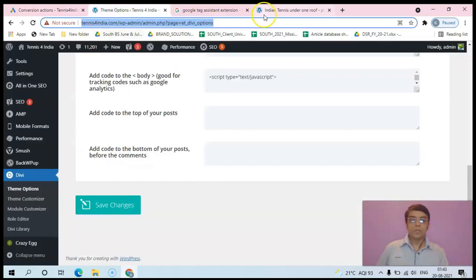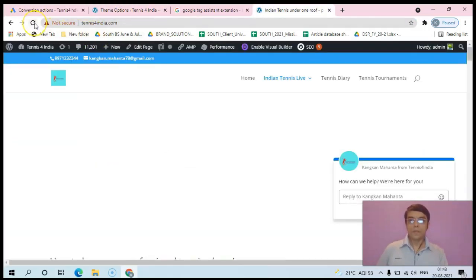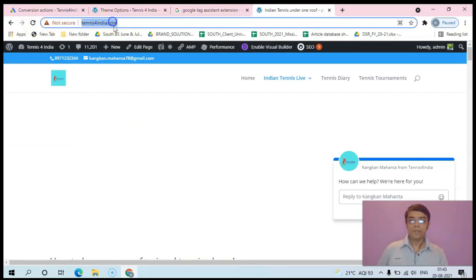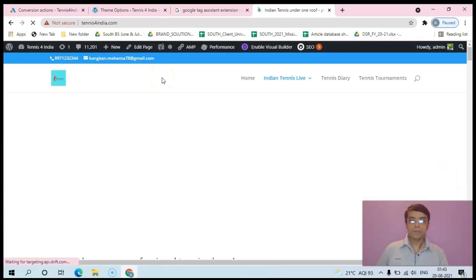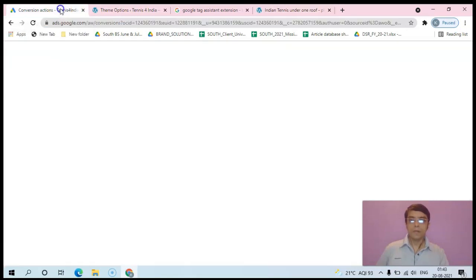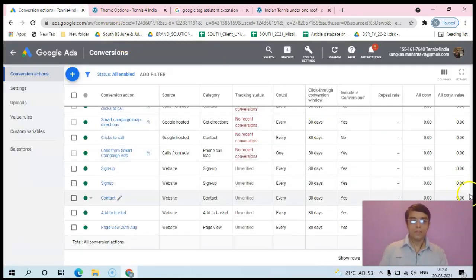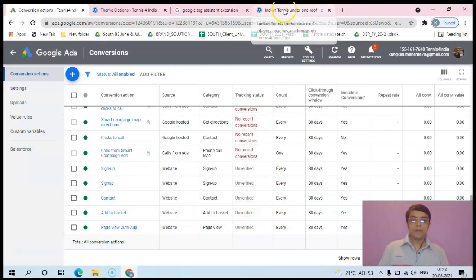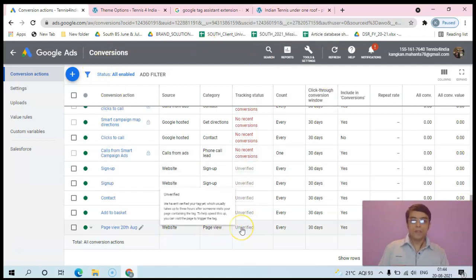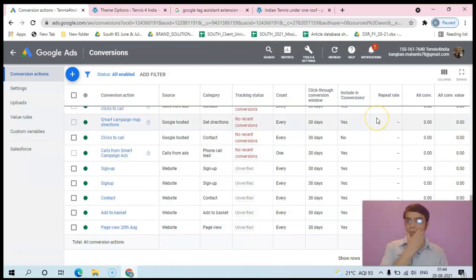So what you can do is just visit this page. But still it might not be verified as of now. It might take still some time. So it's still in the process. Once this is verified, then what you need to do is,